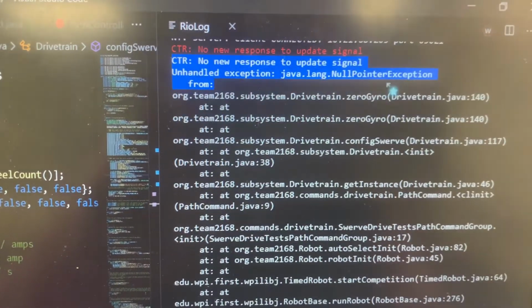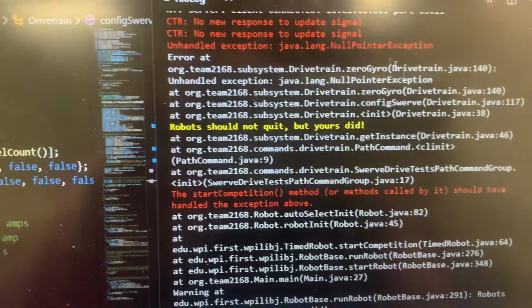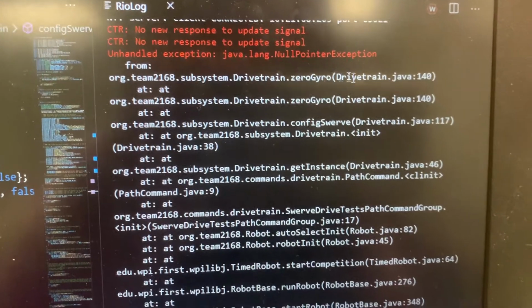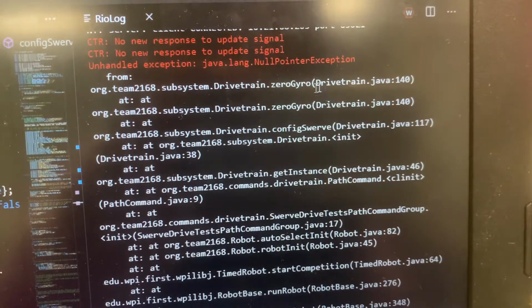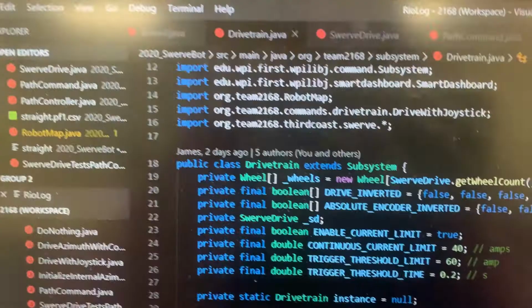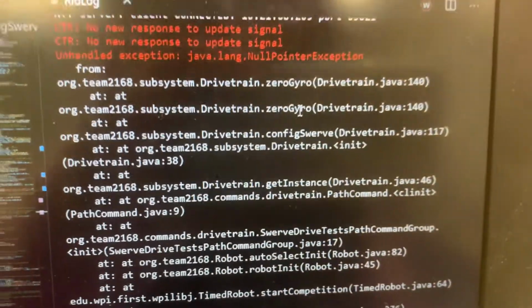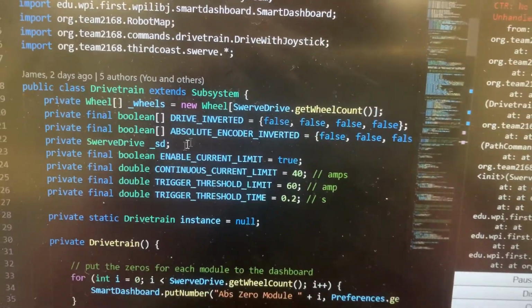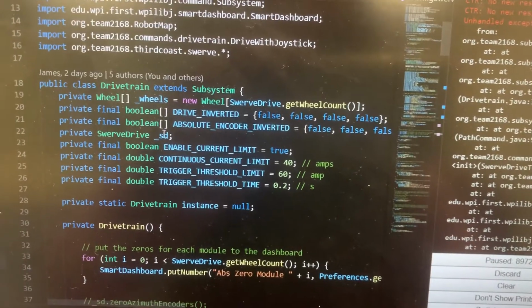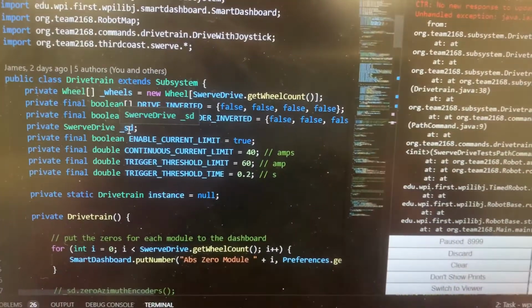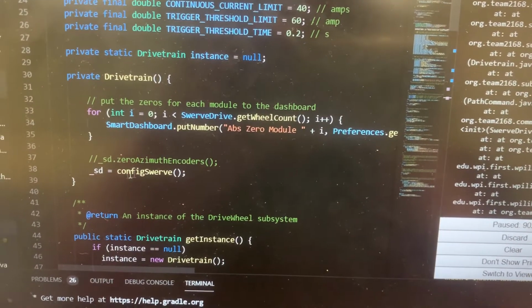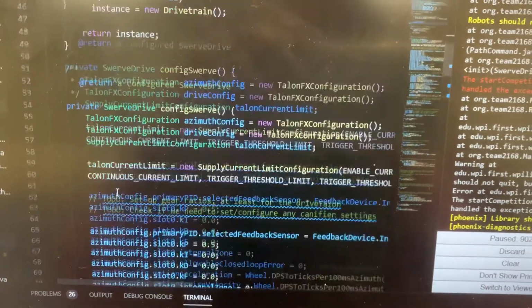referring to a variable that does not actually exist yet. So right here, it's calling 0 gyro in drive team line 140, and it's not liking that. And then the next issue at the next level up is when it calls config swerve. So looking into that, config swerve is called to instantiate this swerve drive object. So config swerve is what creates this, but then